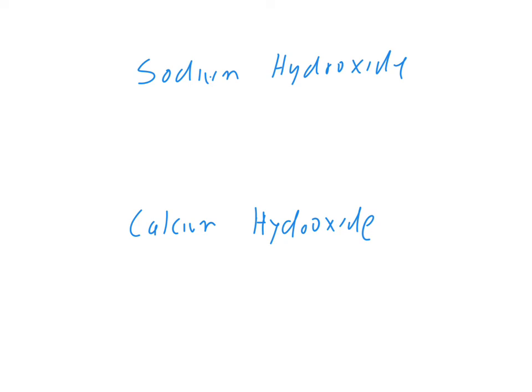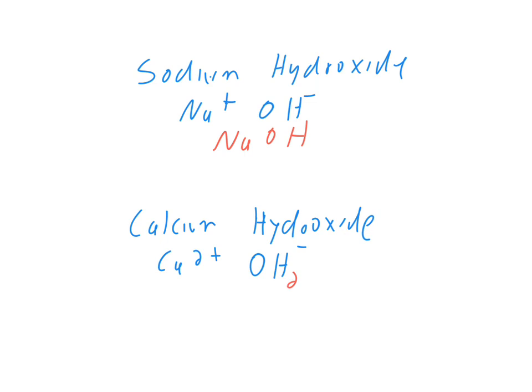Okay, sodium hydroxide, Na plus, OH minus. That's pretty straightforward because they add up to 0, so it's NaOH. Now with calcium, let's do this one. Calcium is plus 2. I'm having trouble today writing calcium ions for some reason. And then the hydroxide, of course, is OH minus. That doesn't add up. So we're going to put a 2 here. So when we clean this up,